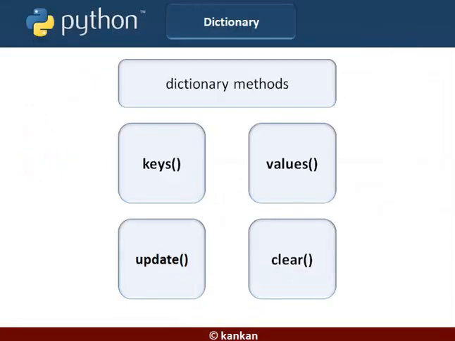Similarly, if we want all values in a separate list, we can use the values method. The keys method will help you to retrieve the keys and the values method will help you to retrieve the values of the dictionary.